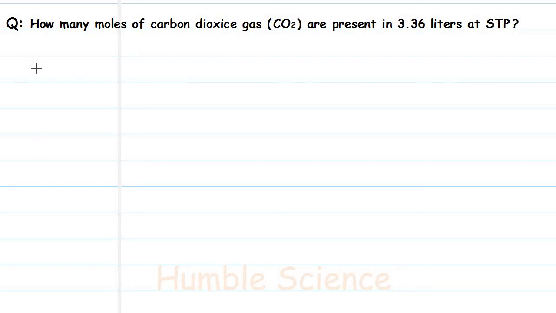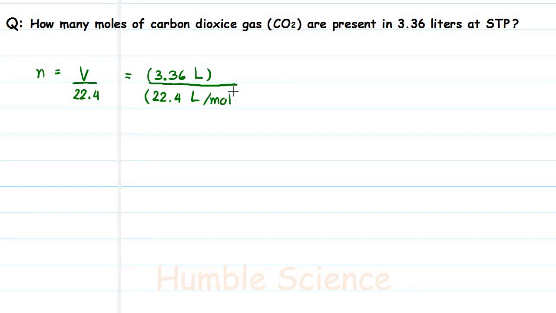We can use n equal to volume divided by 22.4, and that is going to be equal to 3.36 liter divided by 22.4 liter per mole, and that is going to be equal to